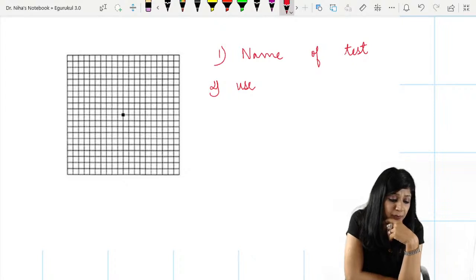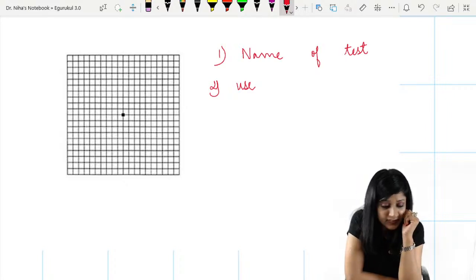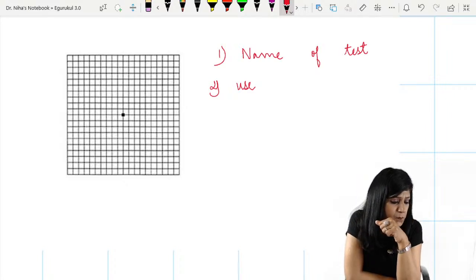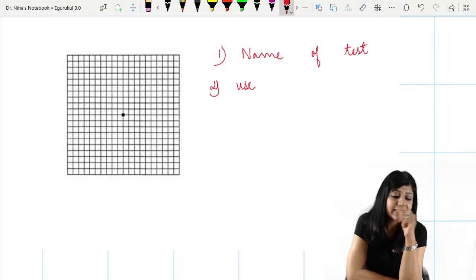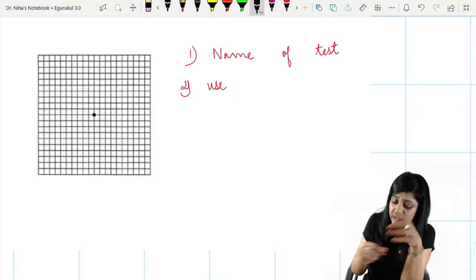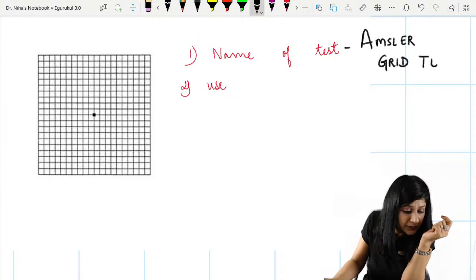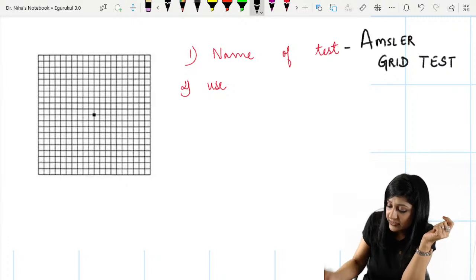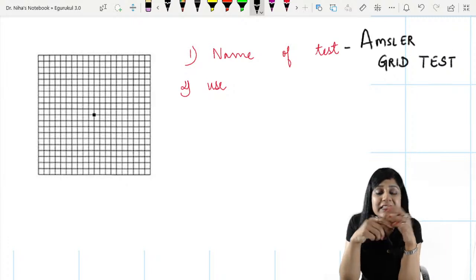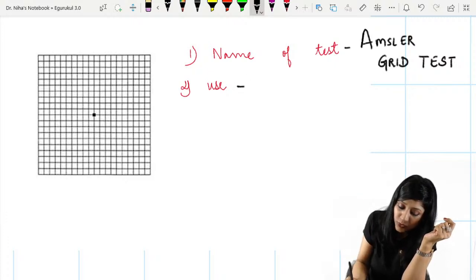Okay. Yes, Soumya, it is polyhexamethylene biguanide, right? What is the name of this test? Yes, so I think everybody has given me the right answer. The name is actually the Amsler grid test. Amsler grid test is the name. What is the use of this test? Amsler grid test is actually used as a